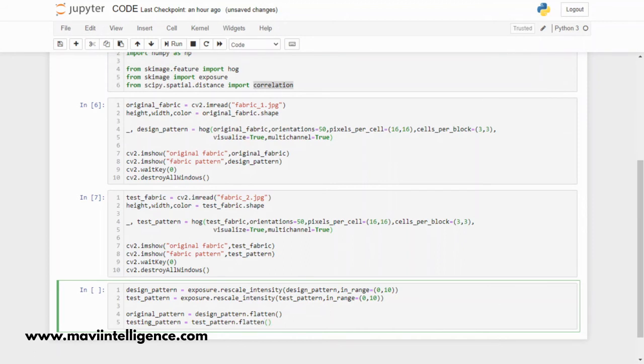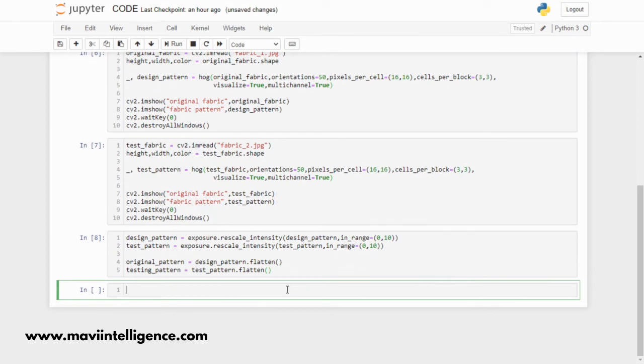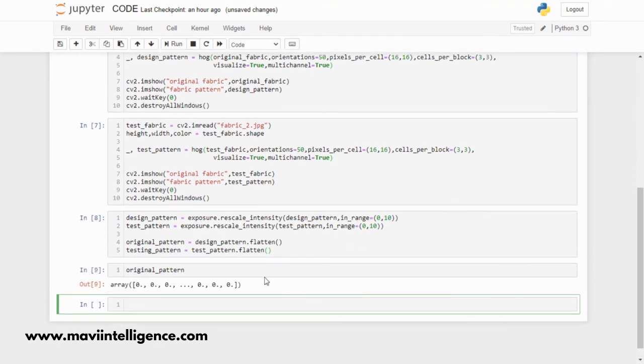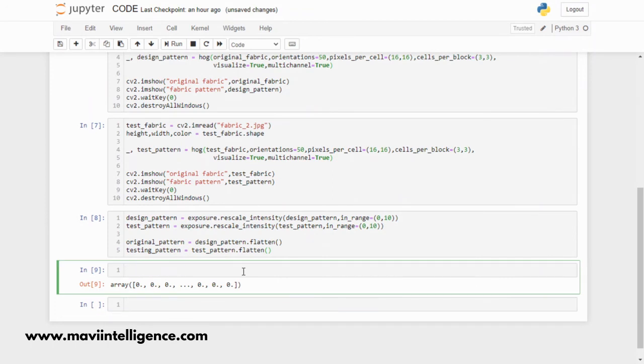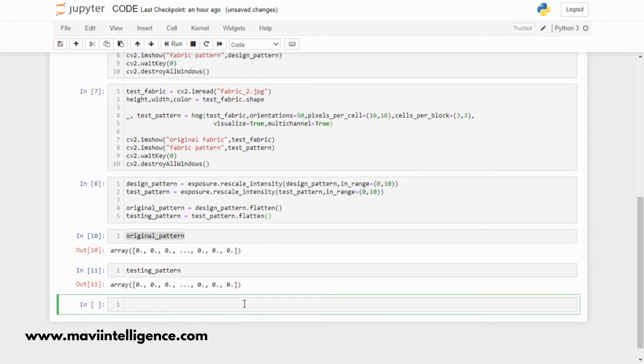Now we are normalizing our value into one dimension. Let's run this thing. Okay, values are generated. Now you can see testing pattern. Now the final part, comparing both the fabrics.